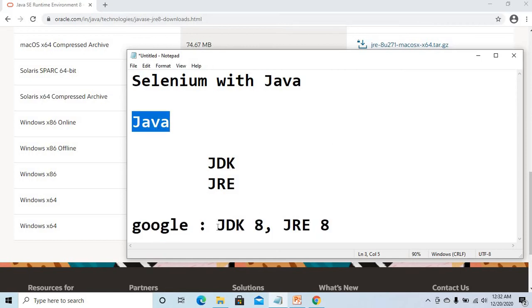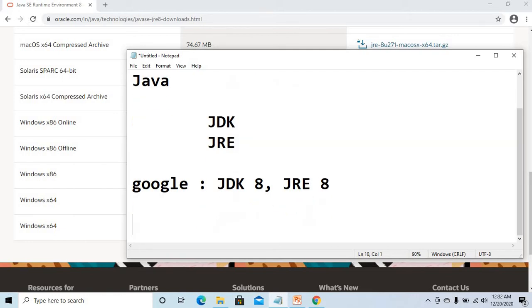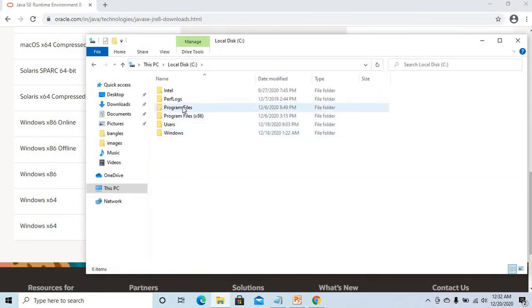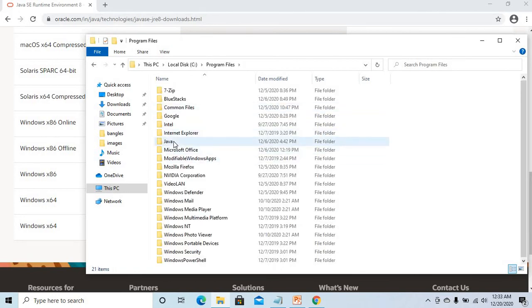So what have we done? We are done with downloading and installing JDK 8 and JRE 8. Now, after installing, where will it be installed? The default location will be in the C drive, under Program Files, where it automatically creates a Java folder.